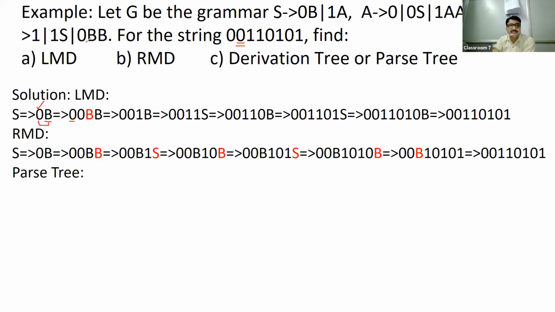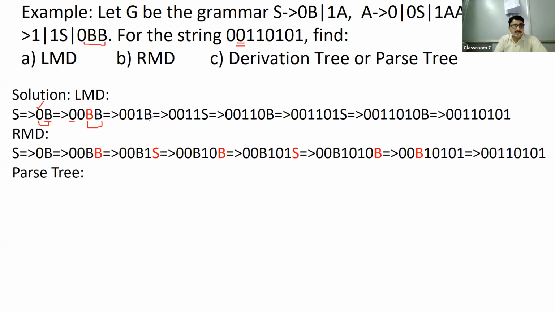तो 0 कैसे मिलेगा मुझे? इसको रखने के बाद तो मैंने ये वाला प्रोडक्शन रूल रखा 0BB. तो देखिए इस B की जगह मैंने क्या रखा? 0BB. Now the problem is there are two variables here, BB. We can expand this B or this B, but whenever we are going to find the leftmost derivation, it is noted that we have to apply all the productions on the leftmost variable. So in this case, the leftmost variable is B, this one, the red one. So we will try to expand this B as per the given string.